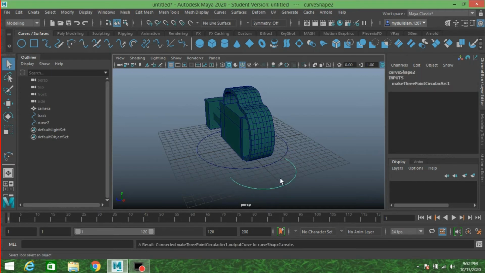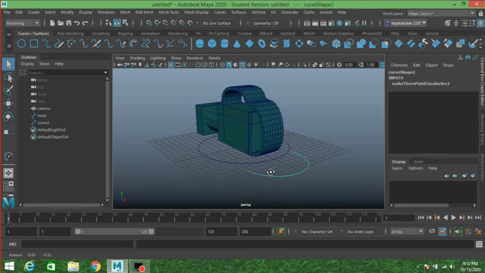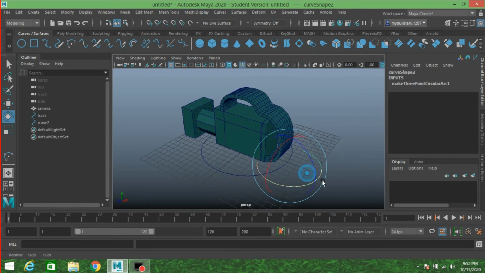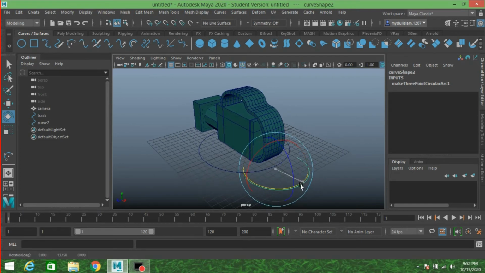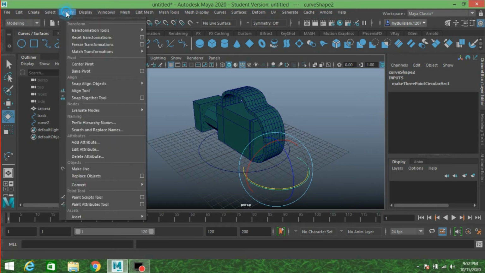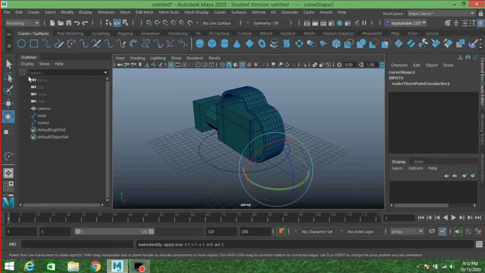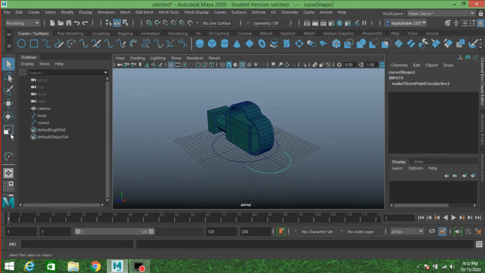Press enter. And rotate this one. Modify, freeze transformation, scale it,